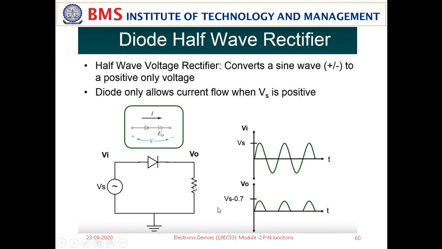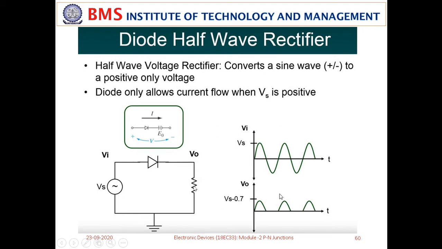If you use a capacitor parallel to this resistor, the circuit becomes a filter circuit. A variety of filters exist, such as the capacitor filter. Whenever the source is absent, the capacitor provides the source to this resistor, and you will get a constant voltage even though the negative cycle is suppressed. The positive peaks are retained when you use a capacitor parallel to this resistor. So, that is a rectifier followed by a filter.